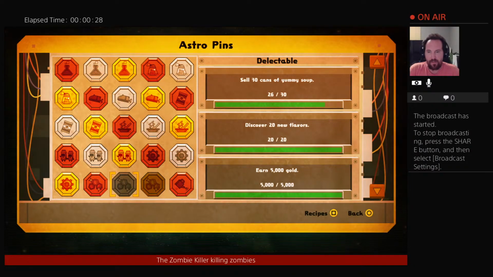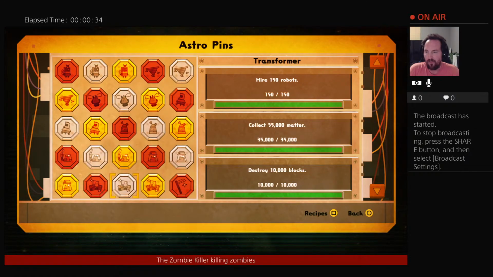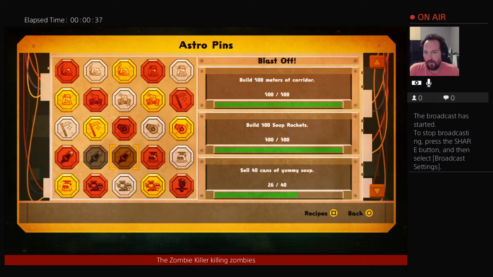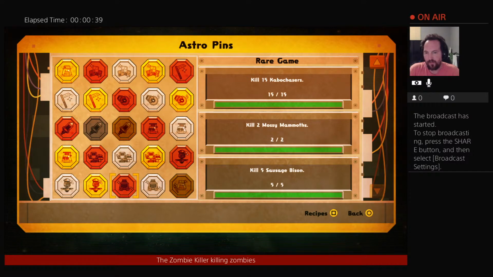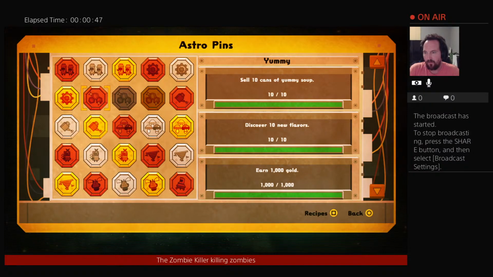Astro Pins here that say you have to sell 30 cans of yummy soup, and I think the highest one is 50. Let's see, it's down here, this one. No? Well, one in here somewhere. You have to sell 50. That one. So, basically, you get that one, should be able to get all the other ones, but this one